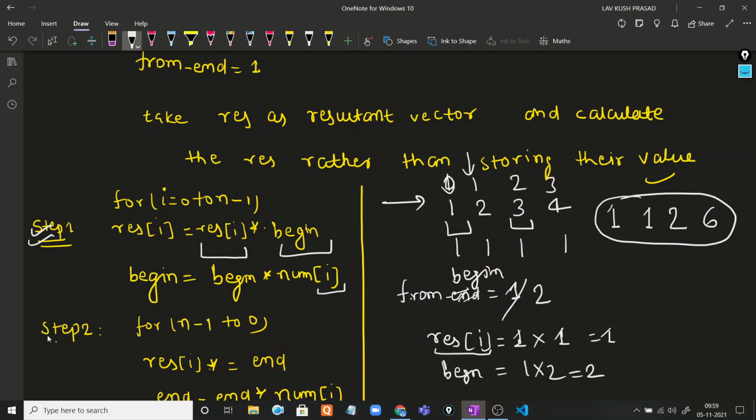For the second step, we iterate from the last to the beginning.